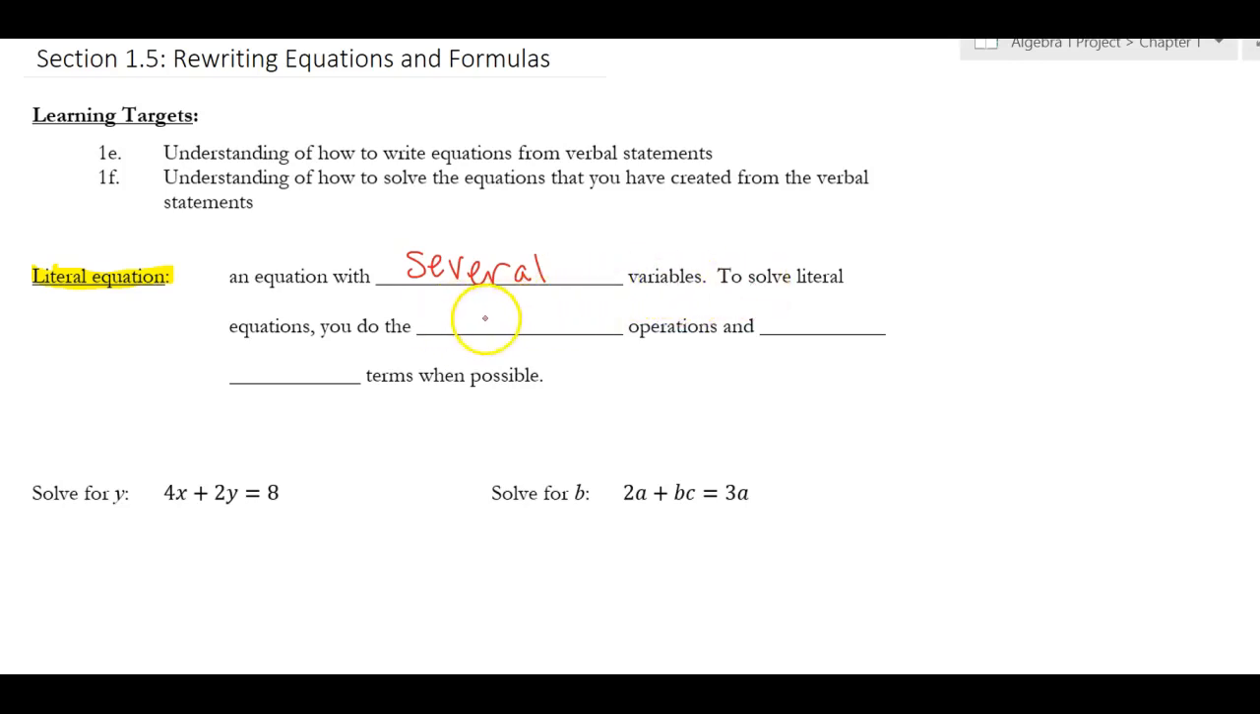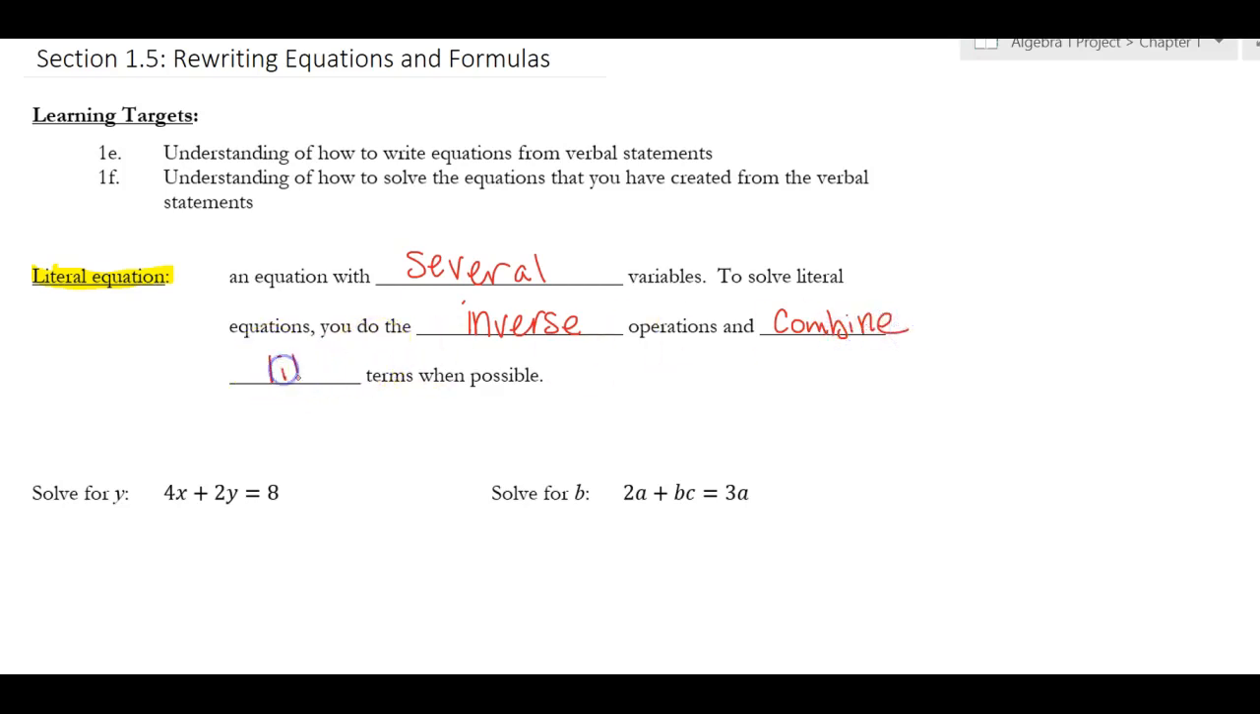To solve literal equations, you do inverse operations. So to get rid of a plus, you minus. To get rid of a minus, you plus. Get rid of a times, you divide. And get rid of a divide, you times. So you're going to do the inverse operations like we've been doing with equations. And you're going to combine